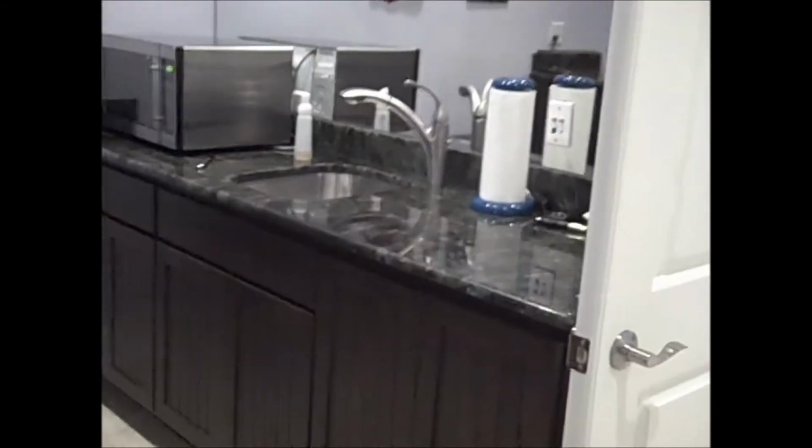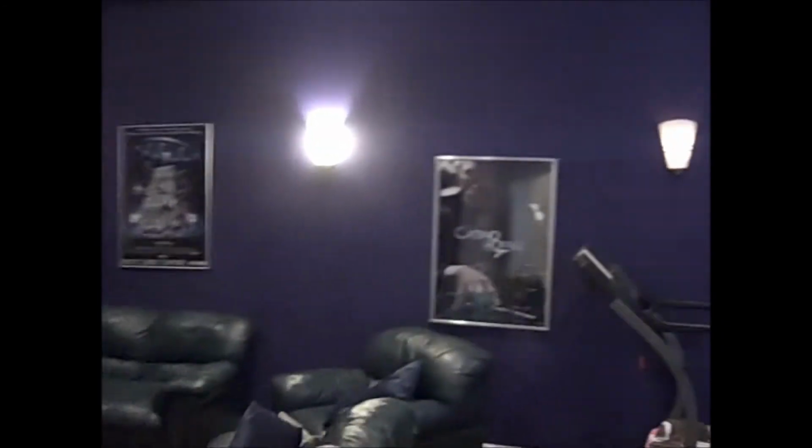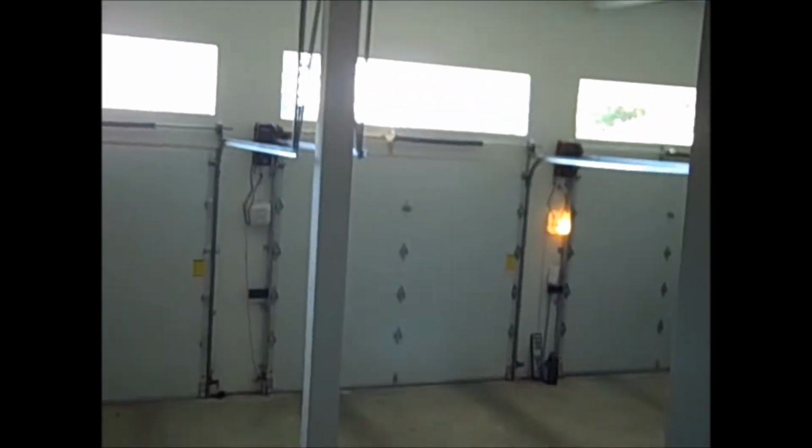And then we will enter into the theater room, bonus room, with a built-in kitchenette, wet bar, and try to back up here and give you the full view of this incredible theater room. Very high ceilings. I think that's a 130-inch screen for watching movies. Or you can use this room as a bonus room, playroom, exercise room, lots of options, lots of space. And possibly one of the biggest 3-car garages, at least in height, that I've ever seen. So you could definitely put in added storage in this